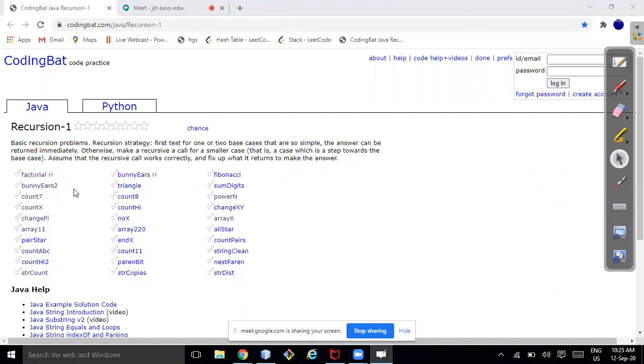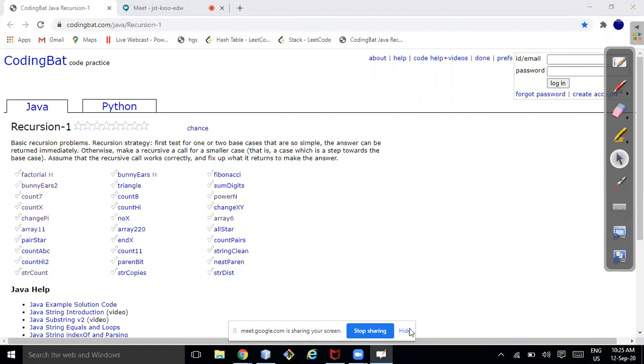After that we'll do one more complex one. In recursion, a lot of concepts come; many dynamic programming problems, many backtracking problems, many divide and conquer algorithms can be solved using recursion.